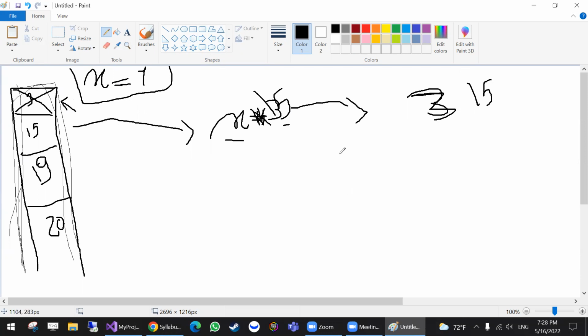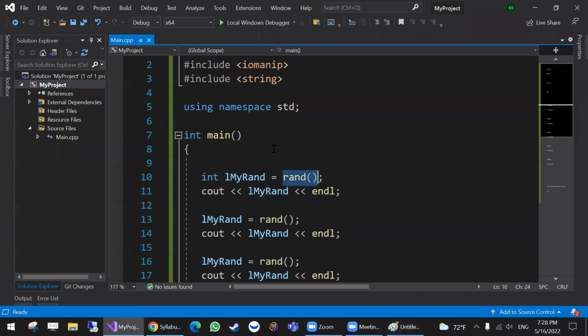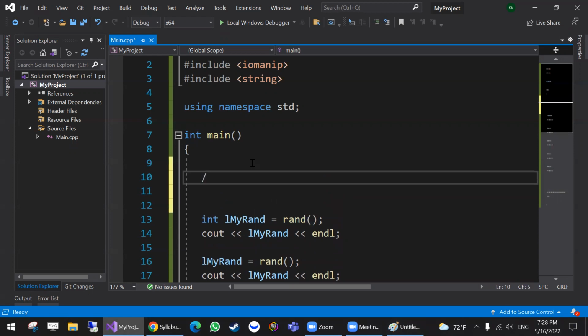Also, to be more secure, the best way to assign this variable is guaranteeing that it's unique from the previous execution, and not just the previous execution, any previous execution, not just the one right before it. And the best way to do this is to use time, because the execution time is always unique. There is no way I can execute twice in the same exact microsecond. So this comes to the topic of seeding